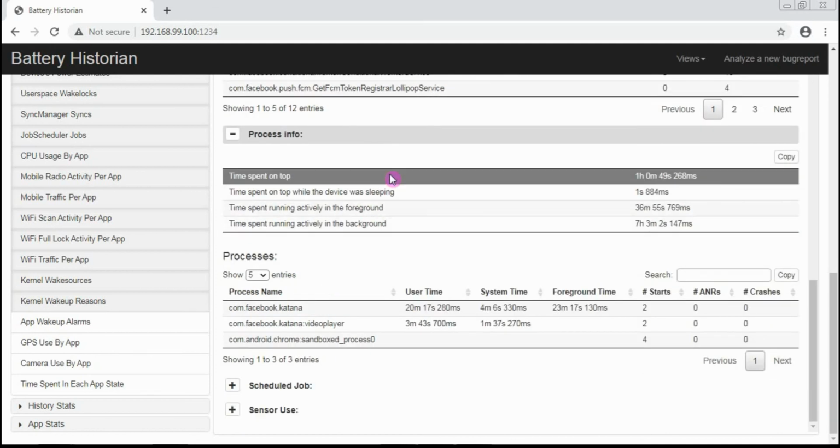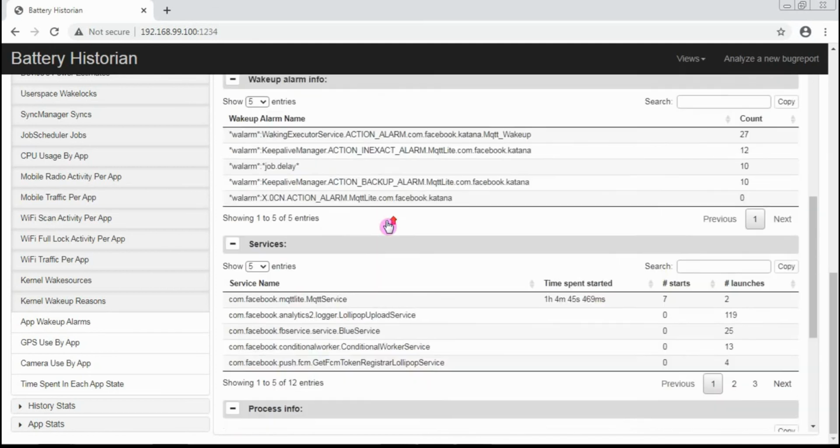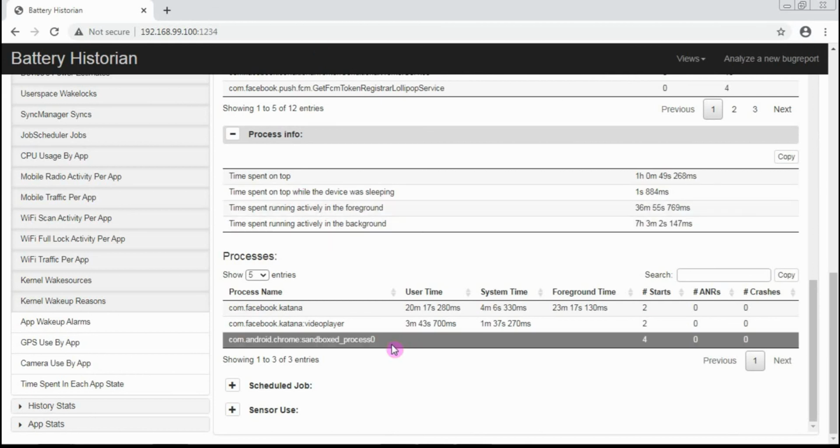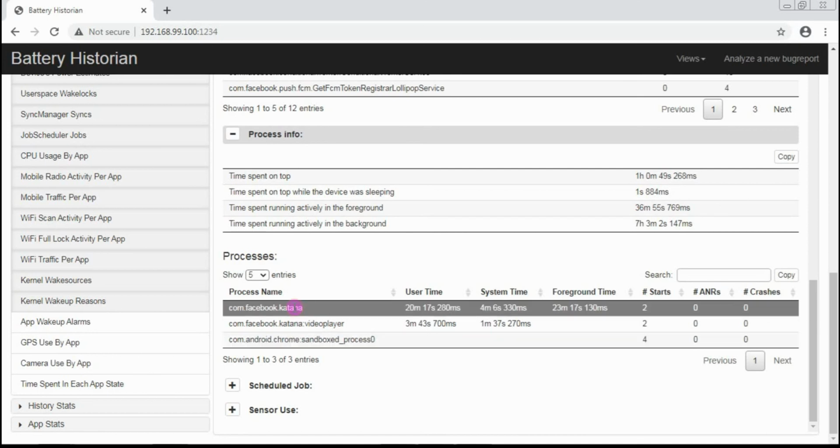Again, process info, like all these services, wake up alarms, for this particular stuff, how much time was our application active in the foreground and in the background, we can get it here. So out of this, say our Facebook Katana, which is the package name, the user time or active time was 20 minutes.